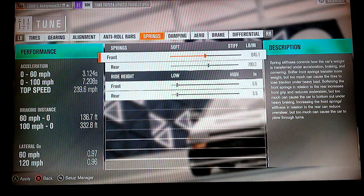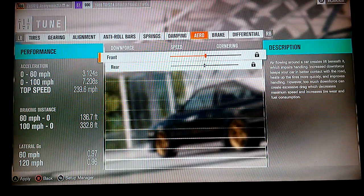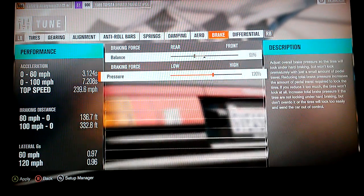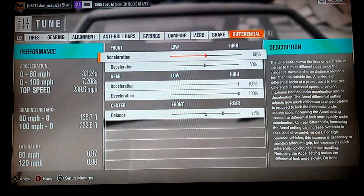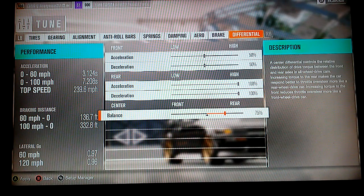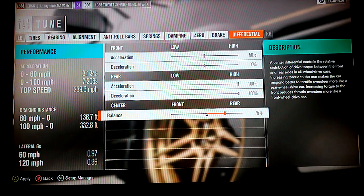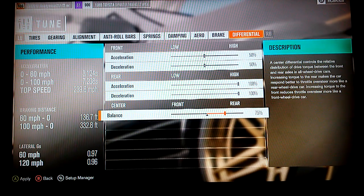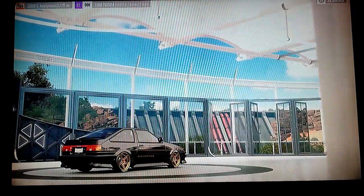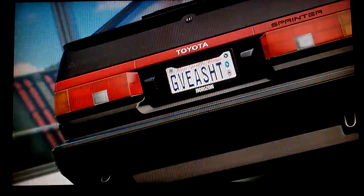Springs, I didn't do much to it. I just balanced it out, like the damping balanced, aero, no aero, braking force, and there you go, differential. 50-50 up front, 100% in the rear, and you want the majority of the power. You want at least 75% of the power going to the rear if you're building an all-wheel drive drift tune. So that's that. And without further ado,